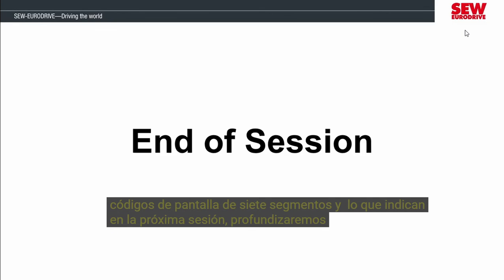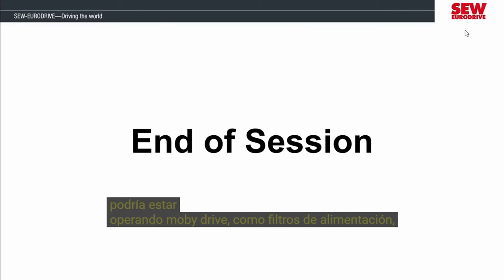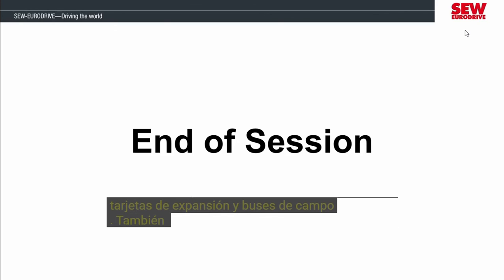In the next session, we will go in depth with the external hardware the MOVIDRIVE could be operating with, such as power filters, I/O expansion cards, and field buses. We'll also go deeper into the closed loop